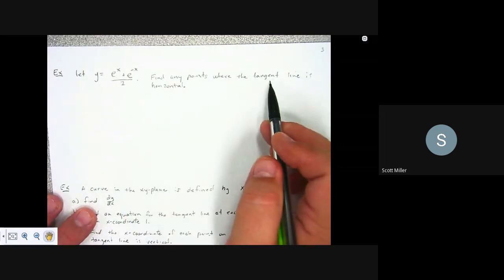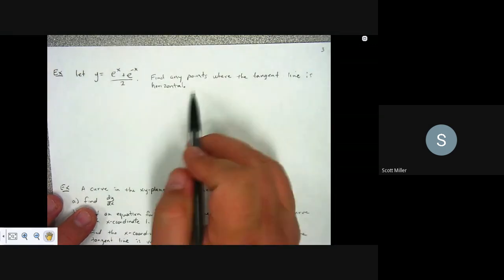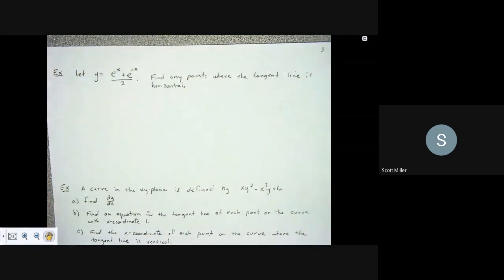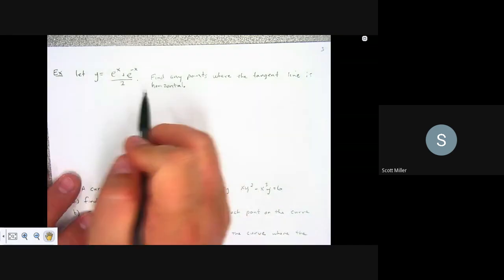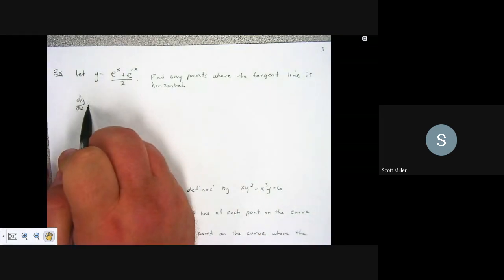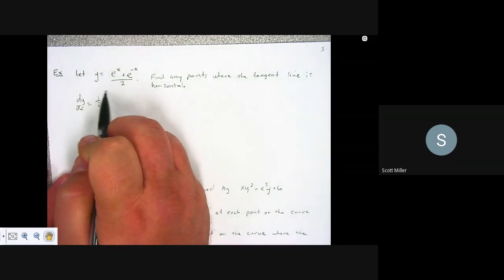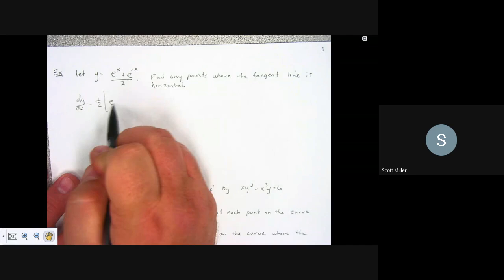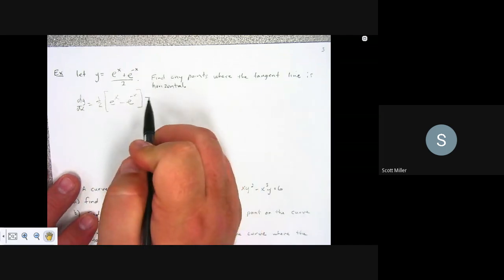I got to find the equation of a line. That means I got to find a slope and a point, and horizontal is related to the slope aspect because horizontal lines have a slope of 0. And that's the key to this. Take the derivative with respect to x to help us find slopes. This is a 1/2 out in front. And then we want to find the derivative of this top part, which is e to the x minus e to the negative x. And I want that to be 0